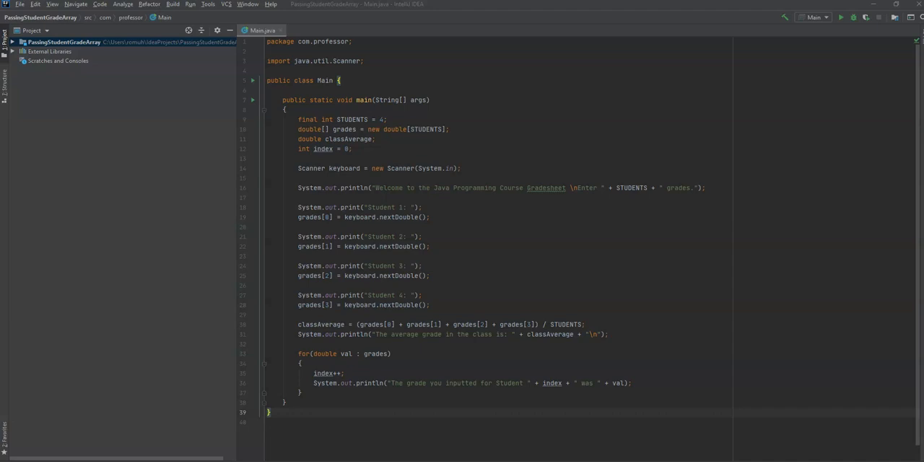So an array is like any object. You can pass it to other methods outside of the main class. You can pass it to a method inside of a different class, or you can pass it to a method inside the main class. But the method has to be configured to accept that